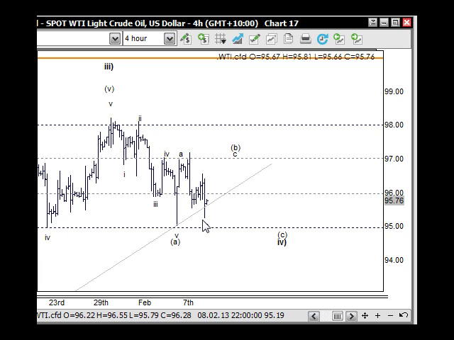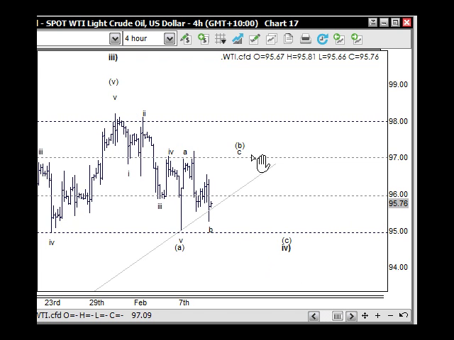It was B for the B wave here, and the C wave up through to here, and then another 5 waves down for this one to come. So we'll just keep an eye on that. If the 97 became the support, because that's obviously where the supply is, the sellers, if that became the support, it would go along there, and the reason I say that is because that's a 4-hour chart,